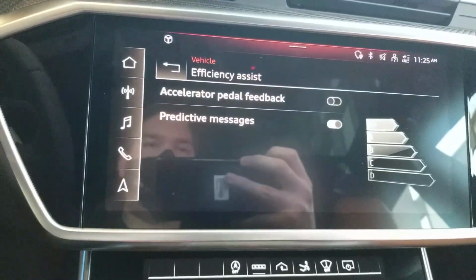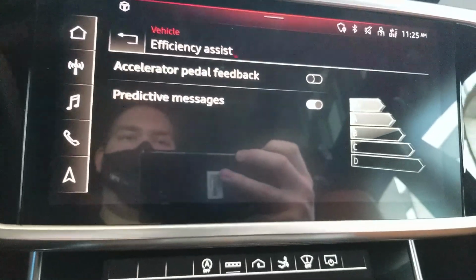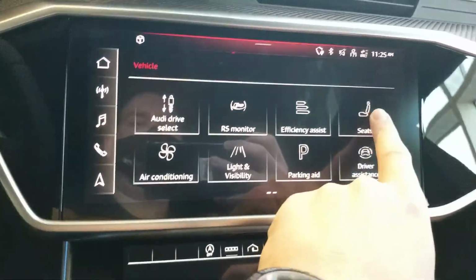Efficiency assist, so accelerator pedal feedback, on or off. Predictive messages there as well, just for efficiency, so it'll tell you when to upshift in the gear. Your seats,